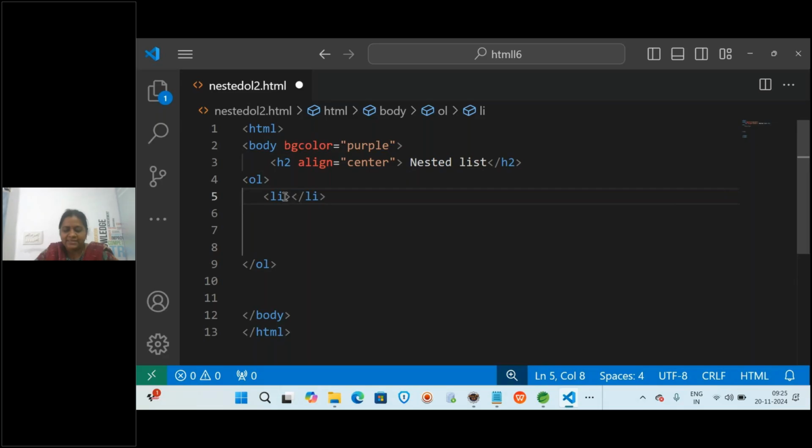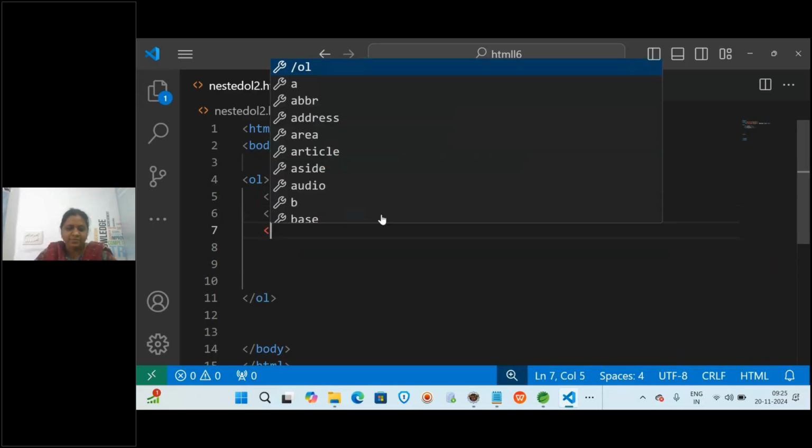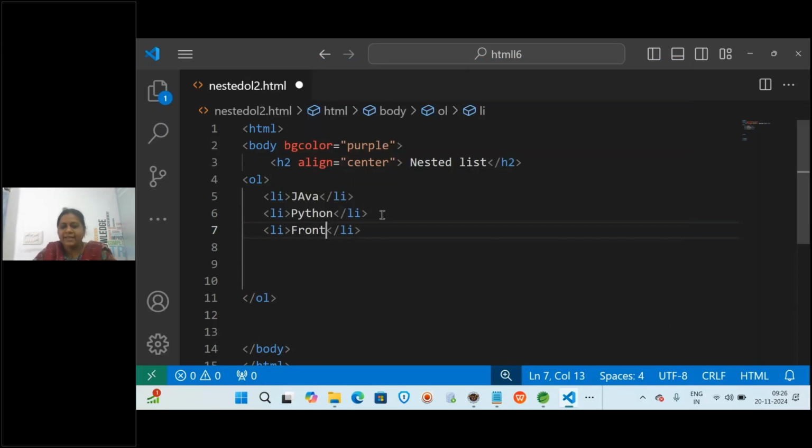Now, in the last session, we saw HTML, CSS, and JavaScript, and we have added a few things. Suppose you wanted to add a books list. So, Java book, and then you wanted to provide some list items, li, like Python book, and also some front end. Like this, you have given different list items. Now I'm going to save this and run once again.